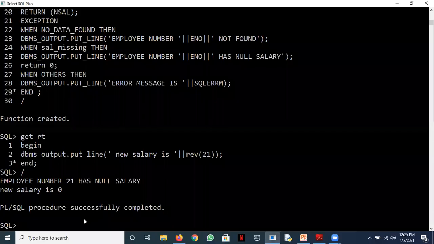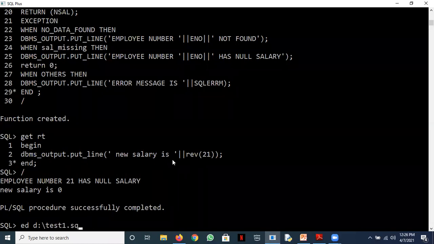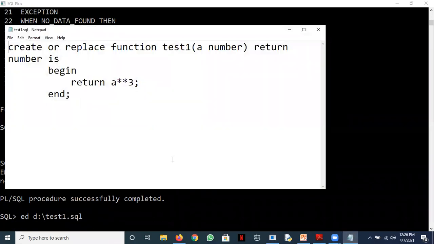So let's see the examples here. Let's say test 1. Let's see what it is. Yeah, so you see a create or replace function. Now look carefully, you can note it down also, or you can watch it later in the video, but understand it right now. I'm taking a function test1 with an argument a of number type, and it is returning something.